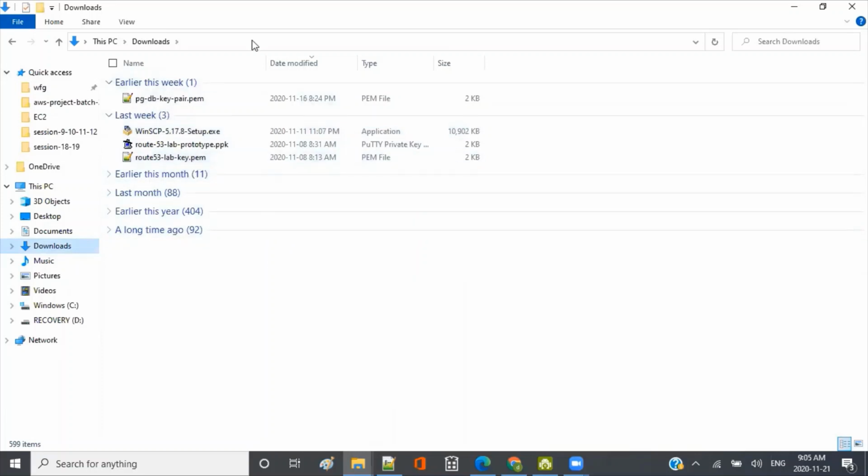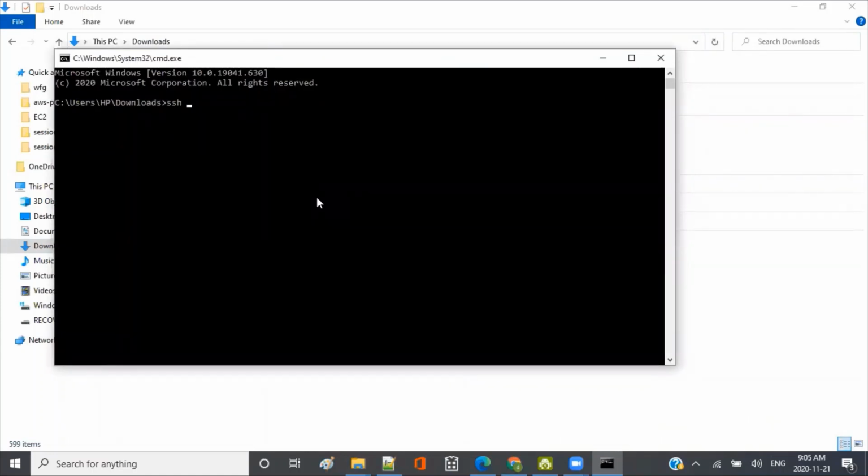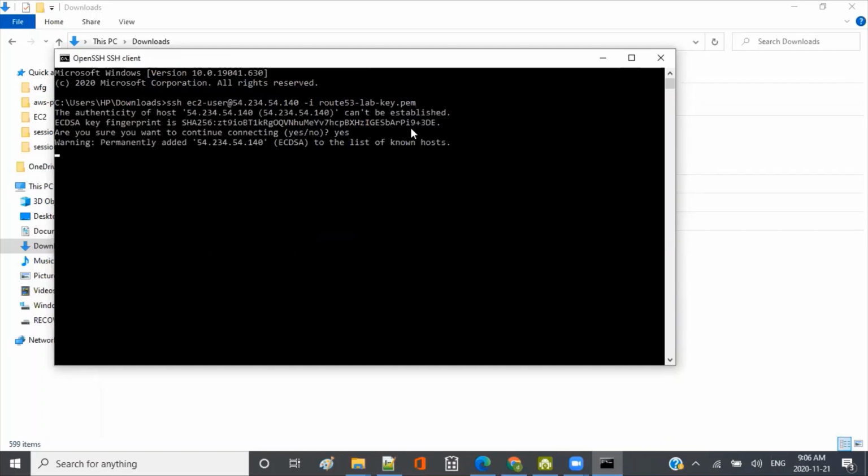I'll launch the prompt here and do the SSH. ec2-user is the default user that is created for Amazon Linux, and then you specify the IP address, -i, and that key, route 53 lab key.pem, that I had already downloaded. If you have this, then you just access it and elevate the privilege.